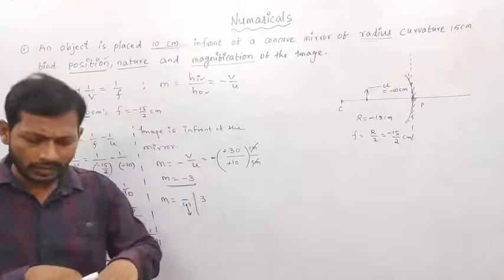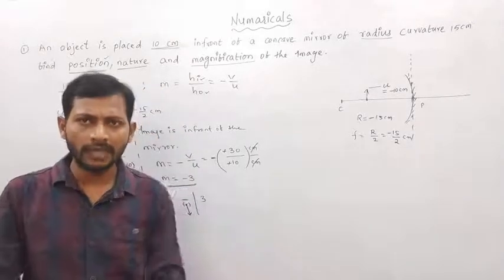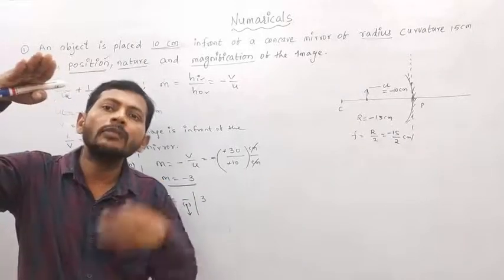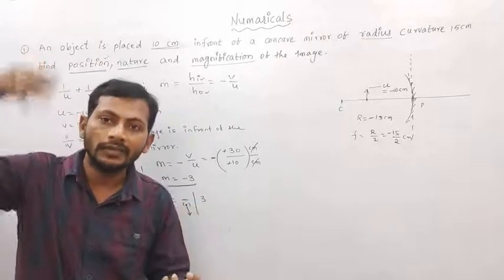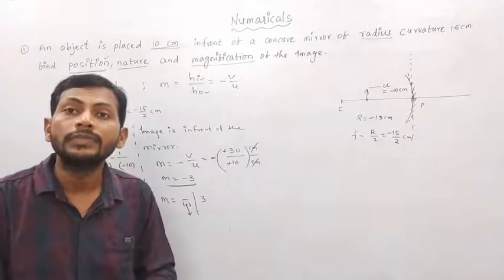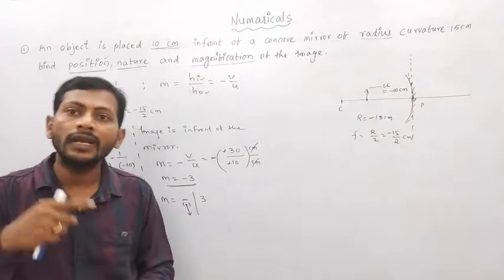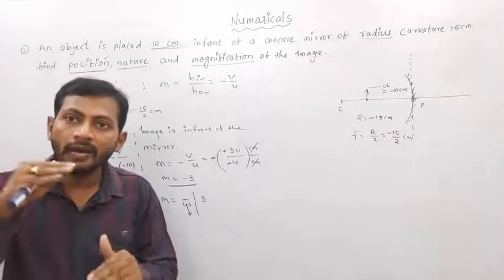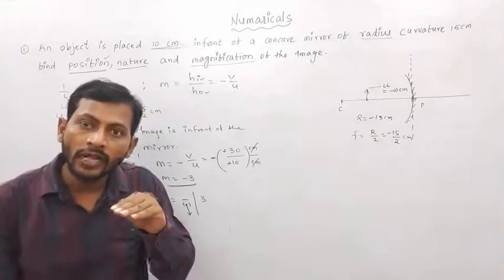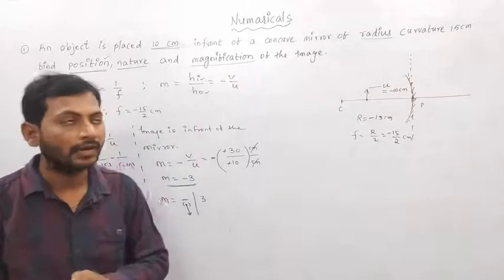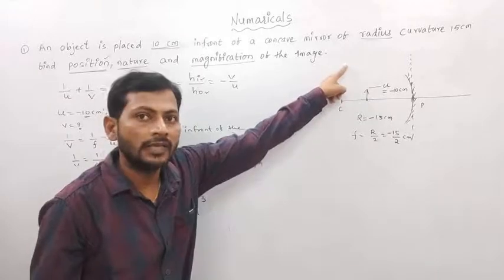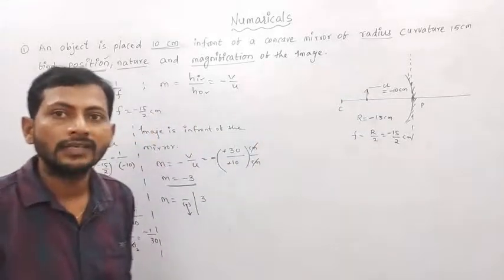For example, the earth's base is the reference line. If I go above the earth surface, I use the one word, height. If I go inside the earth, I use the one word, depth. Depth and height are both equal in the meaning of physics, but one we represent with the plus level, and the other we use with the minus level. Same like that here, if it is above the principal axis, plus; if it is below the principal axis, minus.